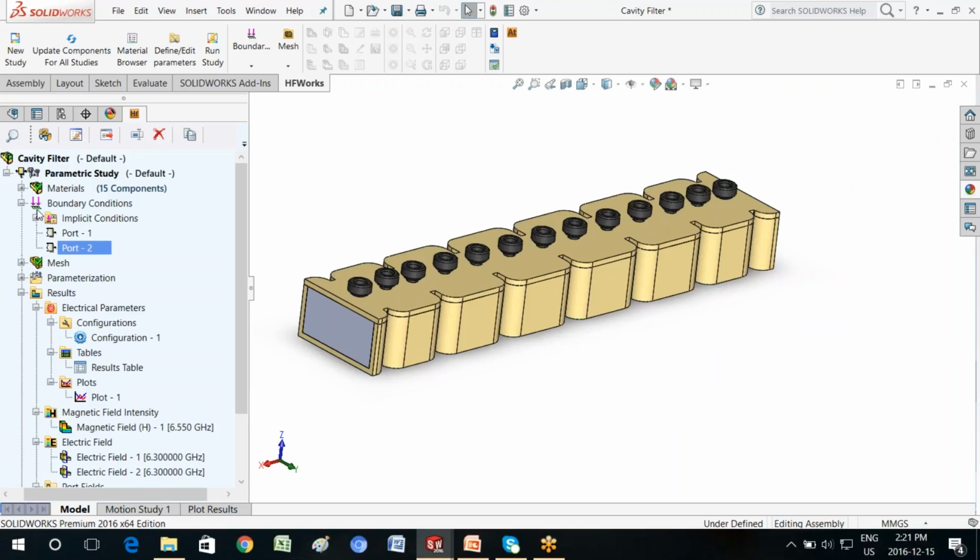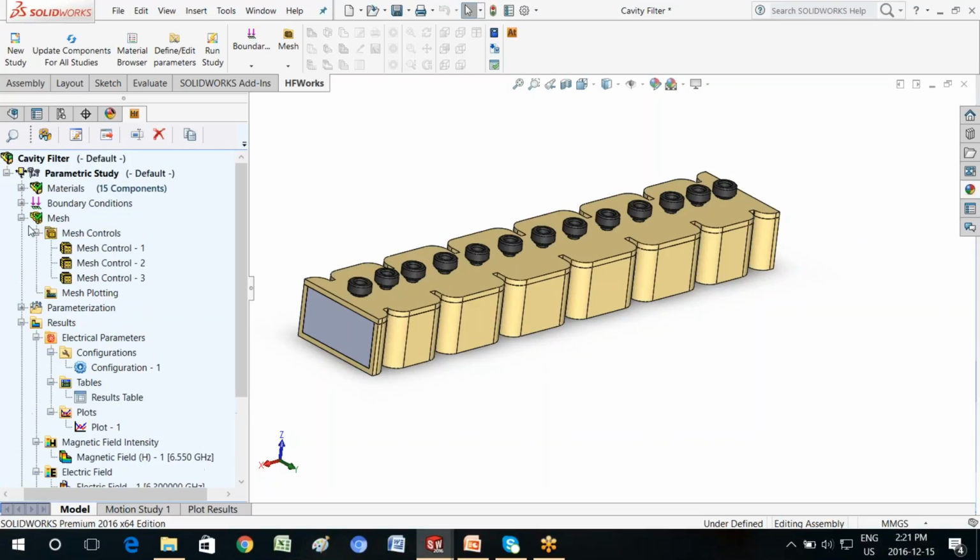Now I do want to comment on something. HFWorks is a 3D finite element type of program. Okay, what it means is HFWorks discretizes the geometry into finite elements. Okay, and this is made possible using what is known as a finite element mesh. HFWorks has automatic meshing capabilities. The meshing is smart and it's also adaptive.